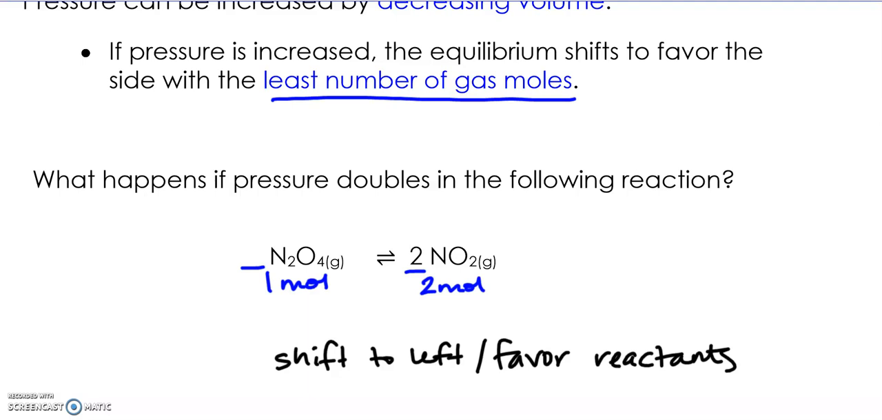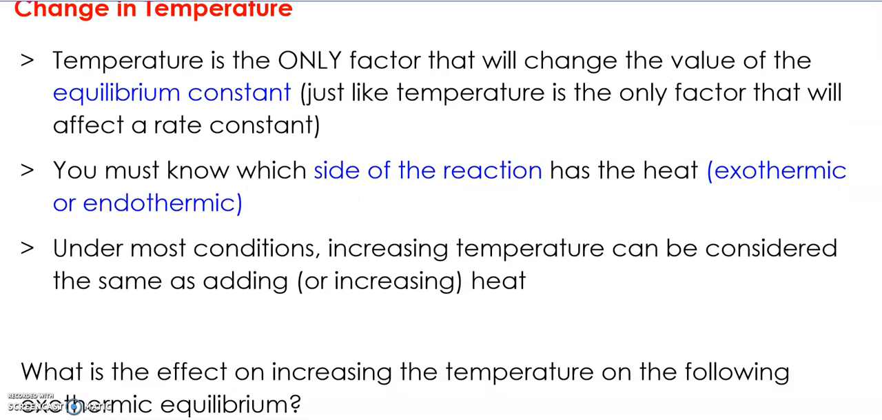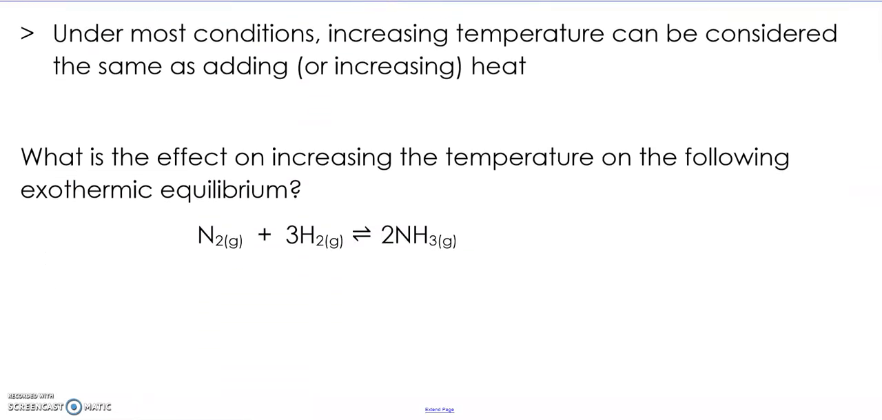All right, so what if I change the temperature? This is the only one that changes K, that equilibrium constant. You have to know which side of the reaction has the heat, so exothermic or endothermic. And then for the most part, when we increase temperature, it's because we're adding heat. So that's the assumption that we're going to make. So it says, what is the effect of increasing the temperature on the following exothermic reaction? All right, so exothermic means our heat is being released on the product side. So I'm actually going to write on the product side plus